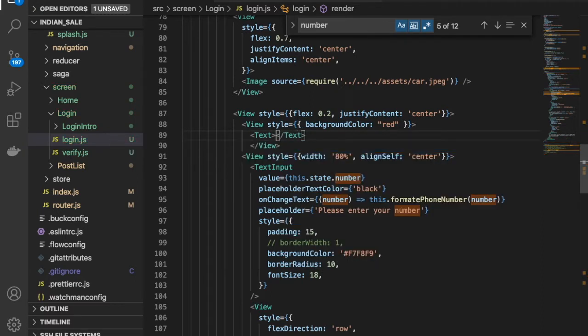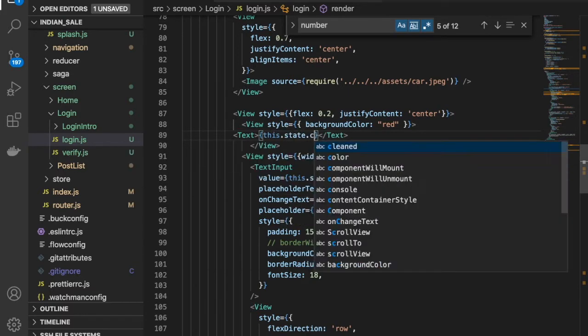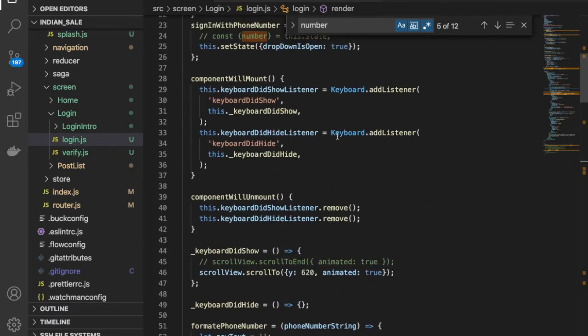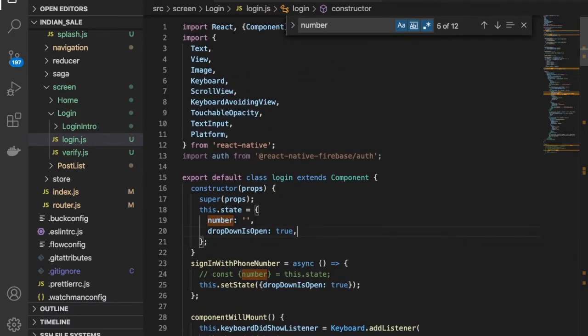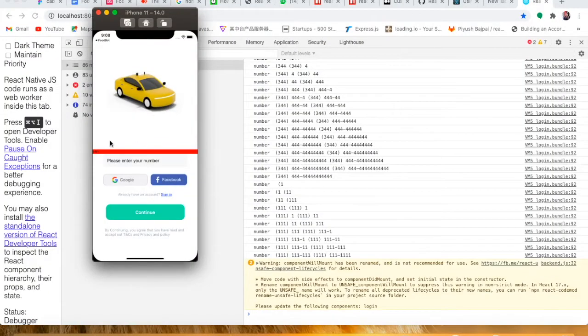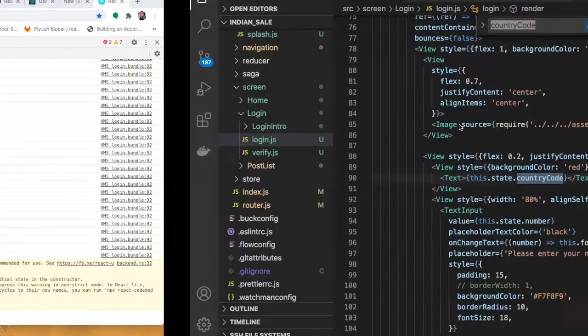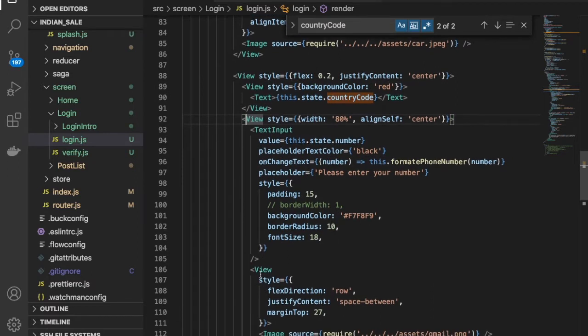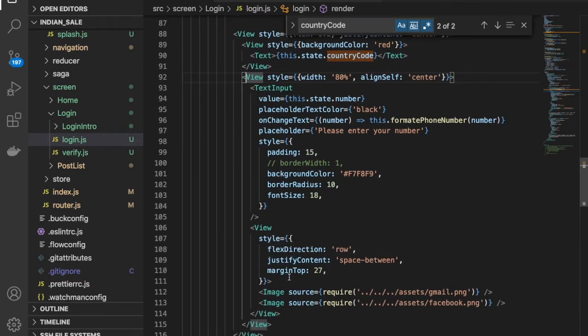Now we'll have this dot state dot country code, and this country code should be there inside this state. By default I'm making it 91. Perfect. So you can see here we have this view. Now this is the view and text input, and then we have another view, so we have to wrap it into a different view.